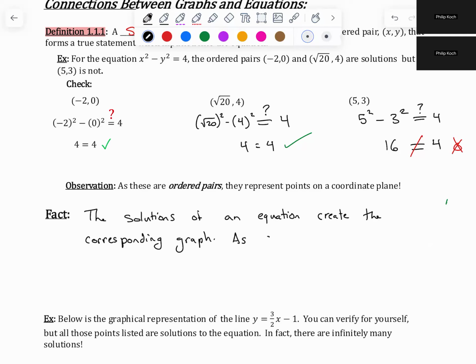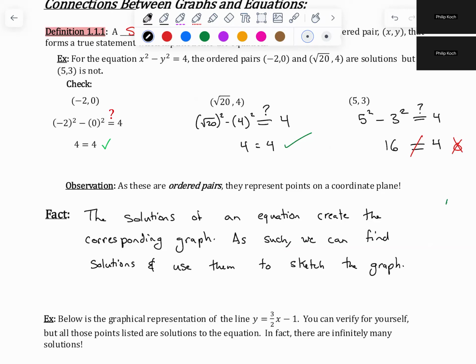As such, we can find solutions. Hopefully we can, but we can find solutions and use them to sketch a graph. So because the solutions are ordered pairs, they create graphs in the coordinate plane. And so if we don't know what the equation is off the top of our heads, by just looking at it,